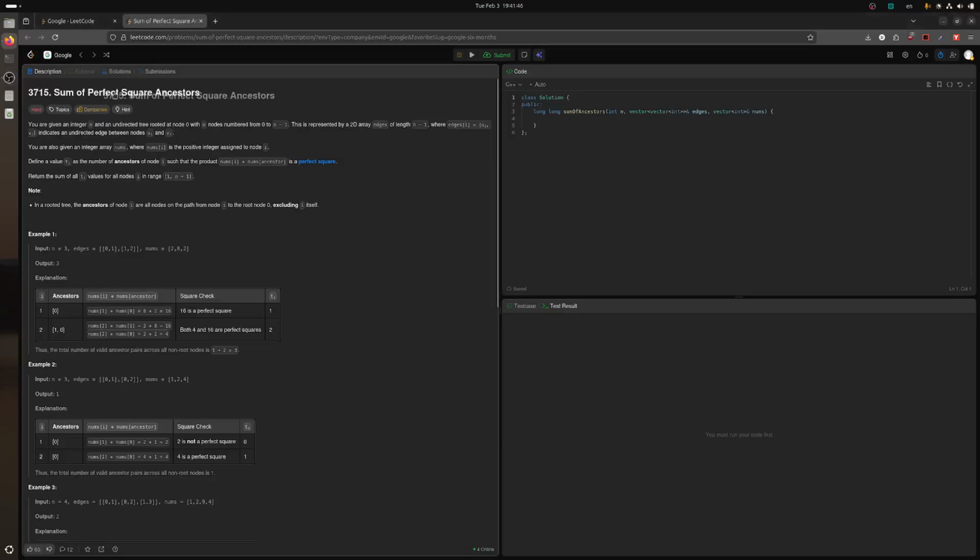Today, 3715, sum of perfect square ancestors. It's gonna be some new problem, but whatever. You are given an integer n and an undirected rooted tree with n nodes. So we got some edges, integer array nums. Okay, so nodes have values